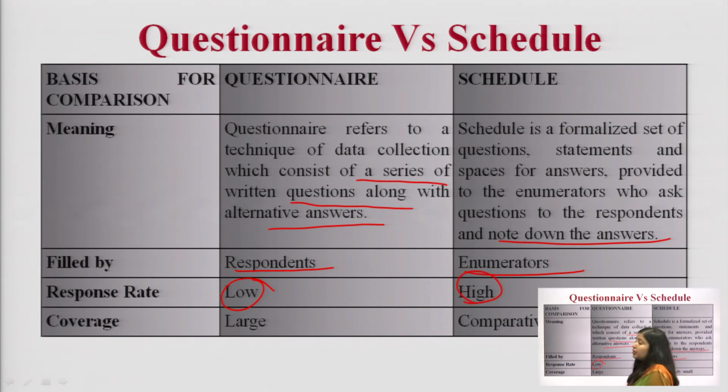Then by the questionnaire you can target large data, meaning a large number of people can respond to your questionnaire. Suppose you prepare a questionnaire in Google Forms; by just one mail you can send your questionnaire to thousands of people, and within a day you will get thousands or lakhs of responses. But if you talk about the schedules, one person has a limitation, they cannot collect a large amount of data by themselves. So, compared to the questionnaire, they have a small coverage.